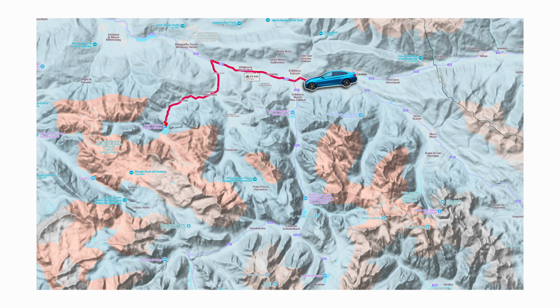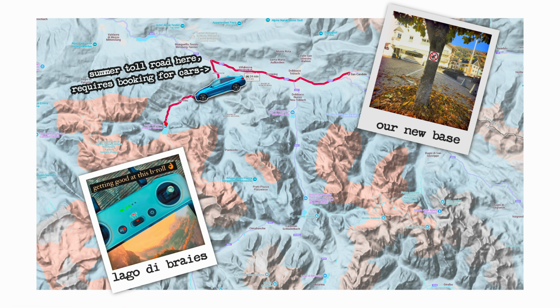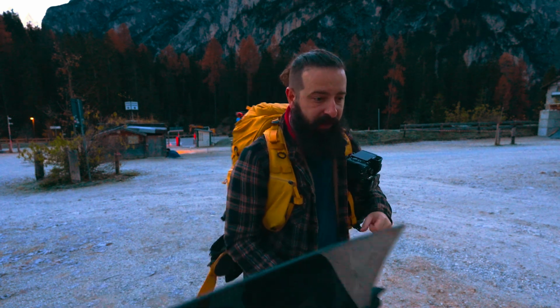You usually have to, in summer, get a ticket to even get on the road to come down here. But it looks like all the other cars in this car park are frosted up. Probably one of the first ones here. But we're well into the off season. So, bag,